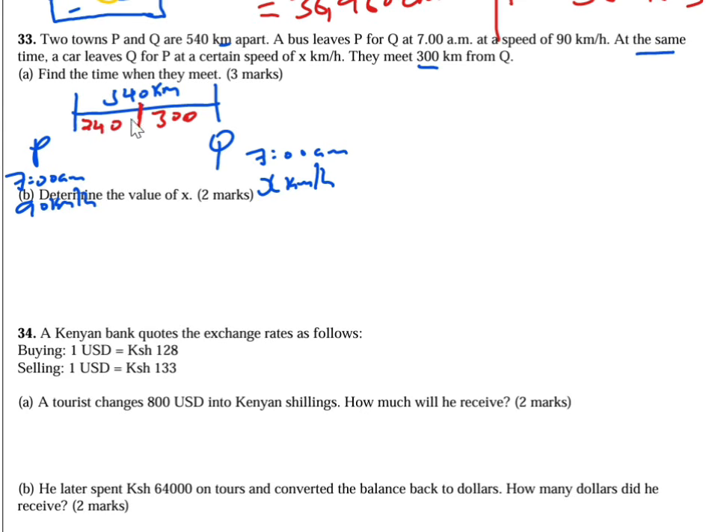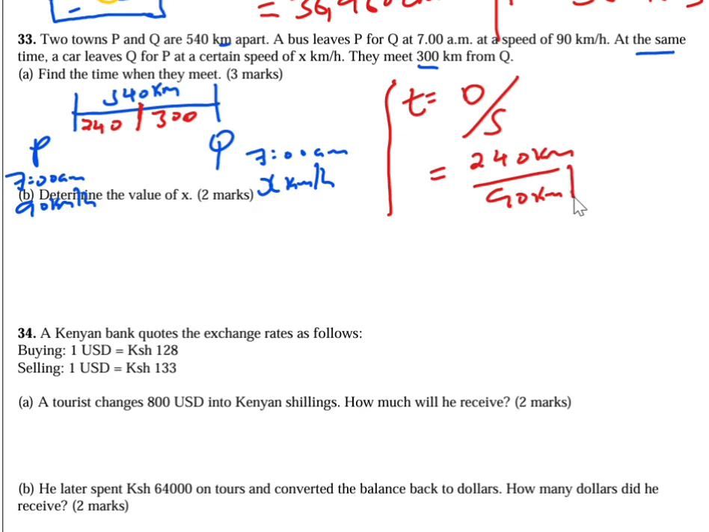Ndio zikapatania hapa. Part A inasema find the time when they meet. So remember for P, hii inatoka P, tuko na speed yake, tuko na distance. So what is time? Time is distance over speed. Very easy. Distance ni 240 kilometers over speed yake 90 kilometers per hour. If you divide that, 240 divided by 90, you will see it is 2 over 3